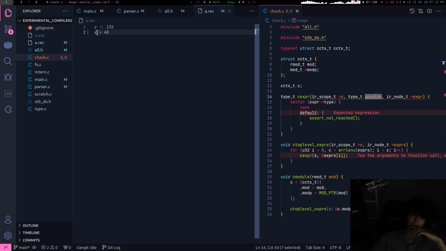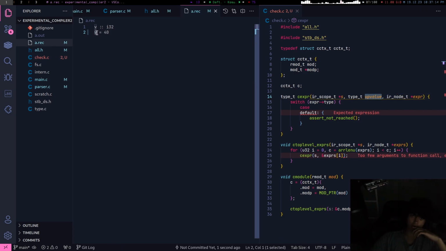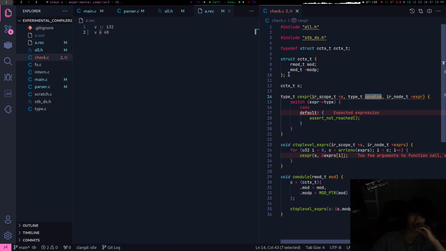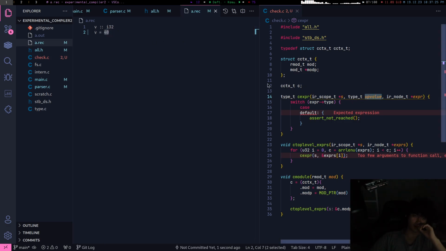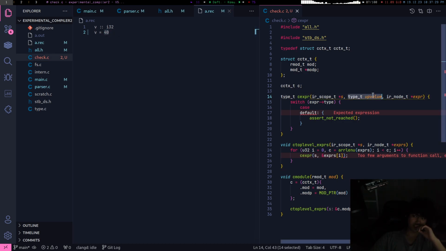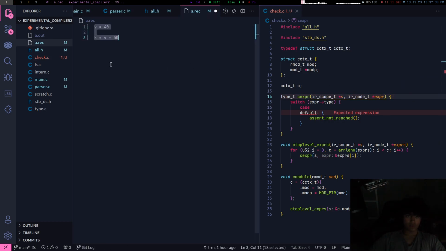And if I was parsing v, I know it's an I32 immediately, and I parse its equals. I can push the up value to here, and you know that okay, it's got an up value. 40 doesn't have a type. Let's give it a type. That's how I did it in the WebAssembly backend. So I could do that, but I think I'll try and roll with this for now.